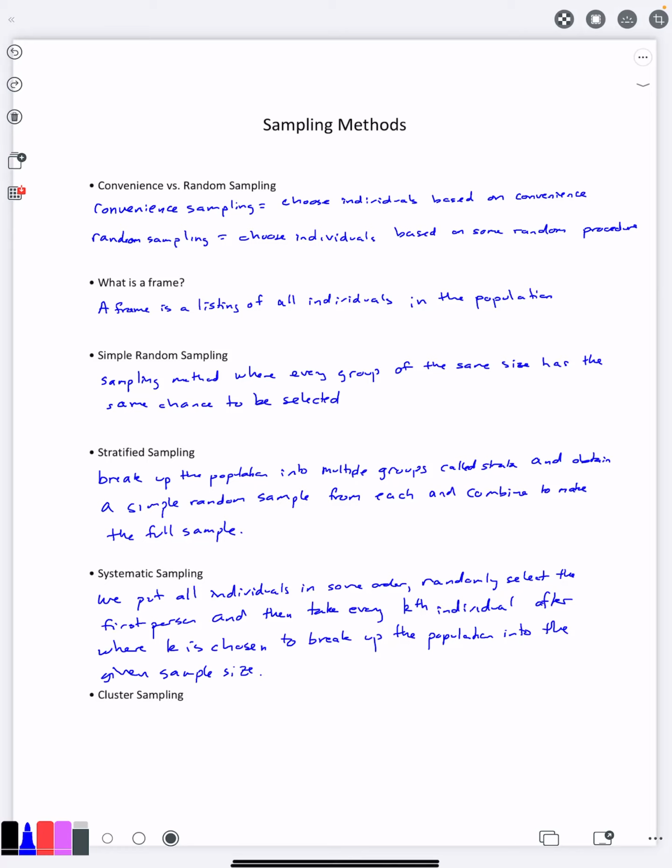So you just take your population, divide by your sample size to get your k value. Just keep adding it on there, and then you're good. Notice that systematic sampling and stratified sampling are both not going to be true simple random sampling because, for example, in stratified sampling, you're going to have people from different strata, and a group of everyone from the same stratum would not be possible because you're going to have some people from every possible different stratum. There's no way that your sample would be everyone from the same, let's say, state,